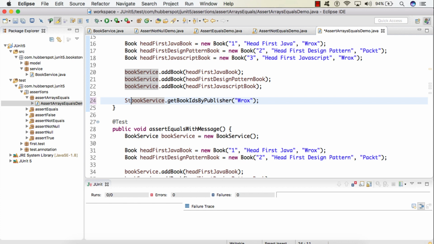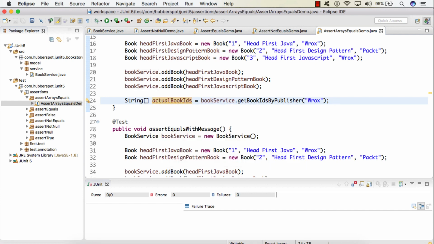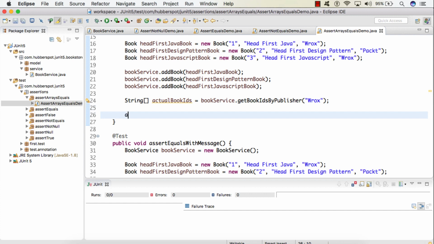So here we'll simply take it as actualBookIDs, and after we get the actual book IDs, we will assert this actual array with our expected array.